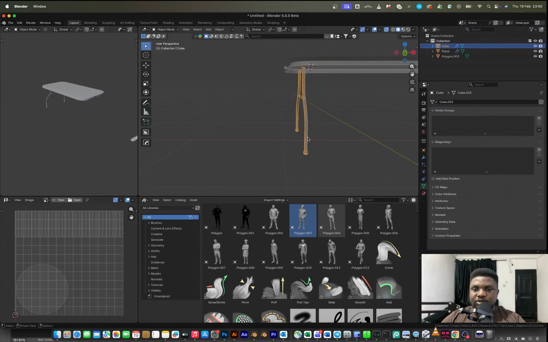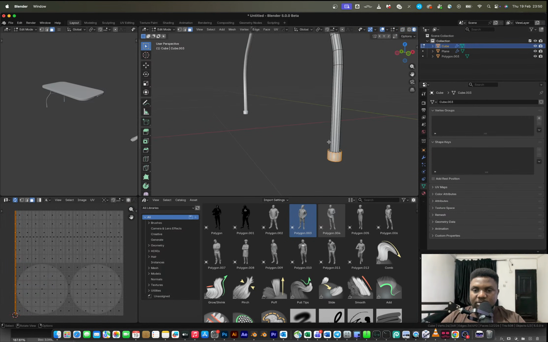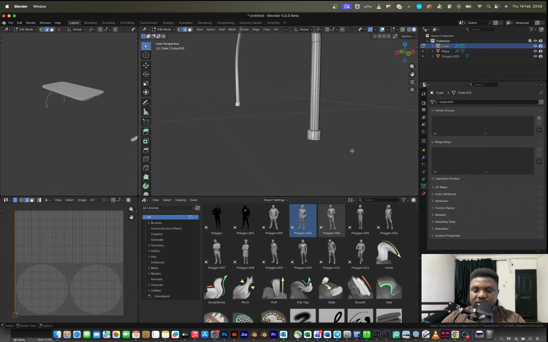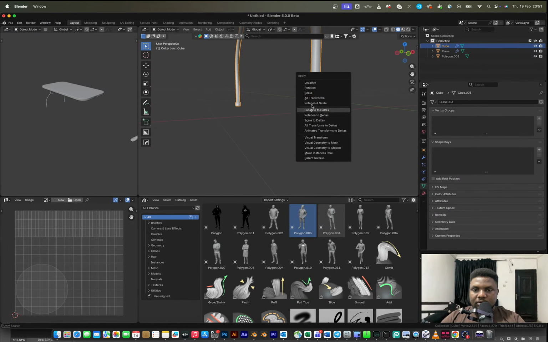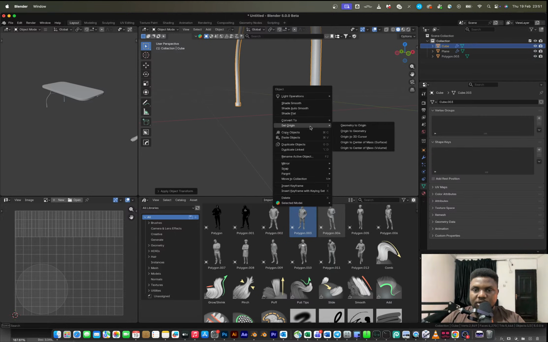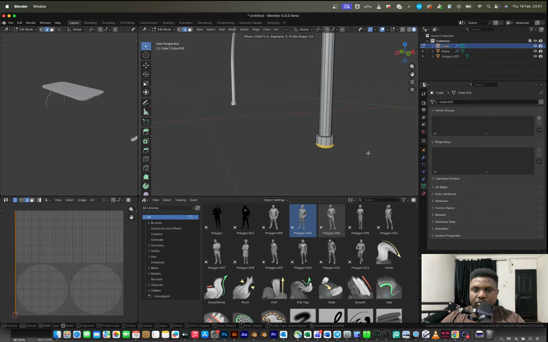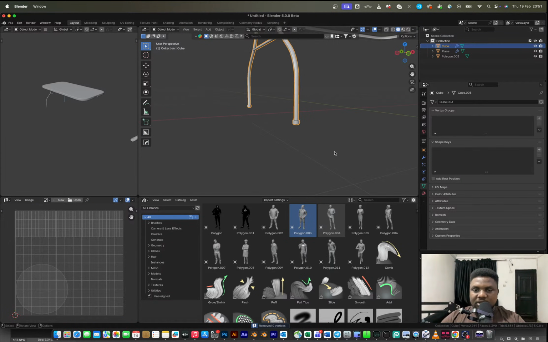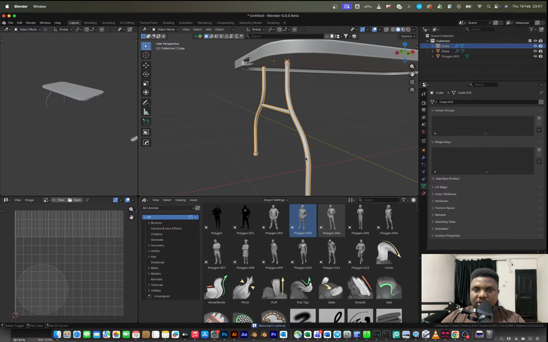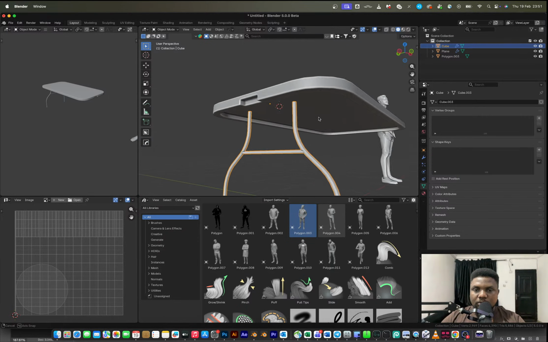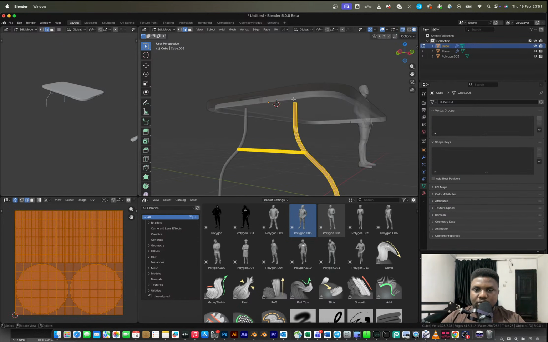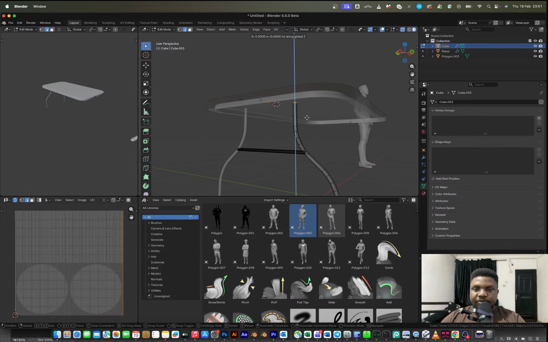I think the base has to be rounded off. So I'm going to go to the base right here and just bevel all of that. Shade, auto smooth, bevel, select all, merge by distance, and that is it. I think all of this, stop, pause. I need to